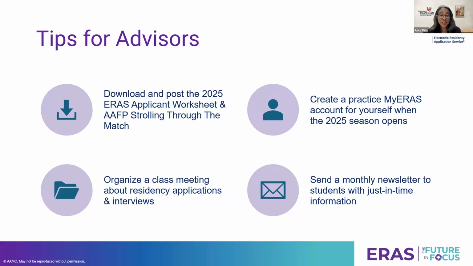This is actually a suggestion from a student about 6 years ago. So we created a newsletter called Monthly Match Tips, and we send it out to our students with deadlines, updates, next steps. A bonus is that I share this newsletter with our specialty advisors so that the specialty advisors know what's happening and we're all on the same page. Next page. Next slide.